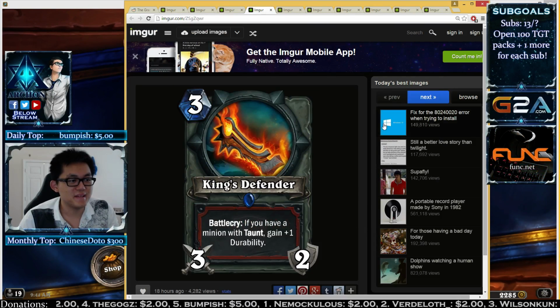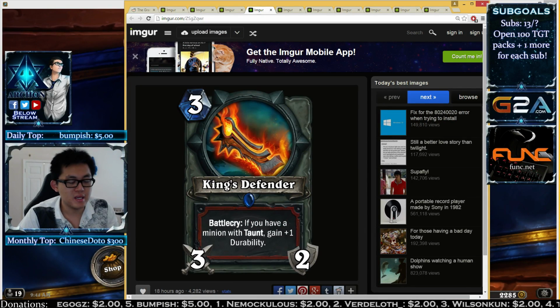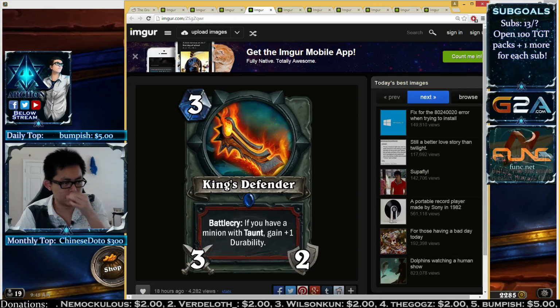Okay. King's Defender: if you have a minion with taunt, gain +1 durability. I thought that this actually gave +1 durability for each minion with taunt. So I guess they nerfed this already, huh? Interesting. There was a Reddit post about it or something like that. I don't know, but